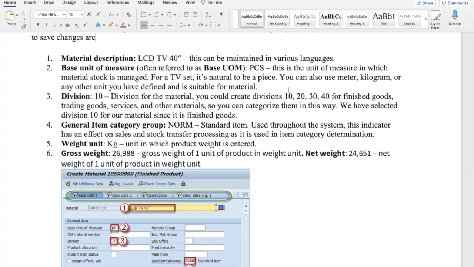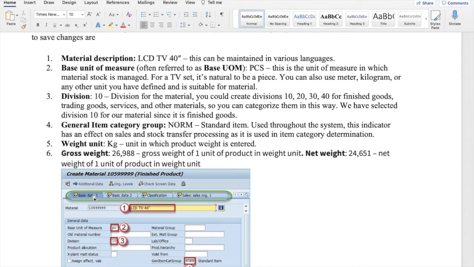As you see, this organization has chosen the material to be created as an internal material. The material master here is for a finished good. You can see the material number starts with 1 and 05999 maybe, depending upon the division, and then the number is generated internally by SAP. So this is called internal numbering. This company has taken the internal numbering.